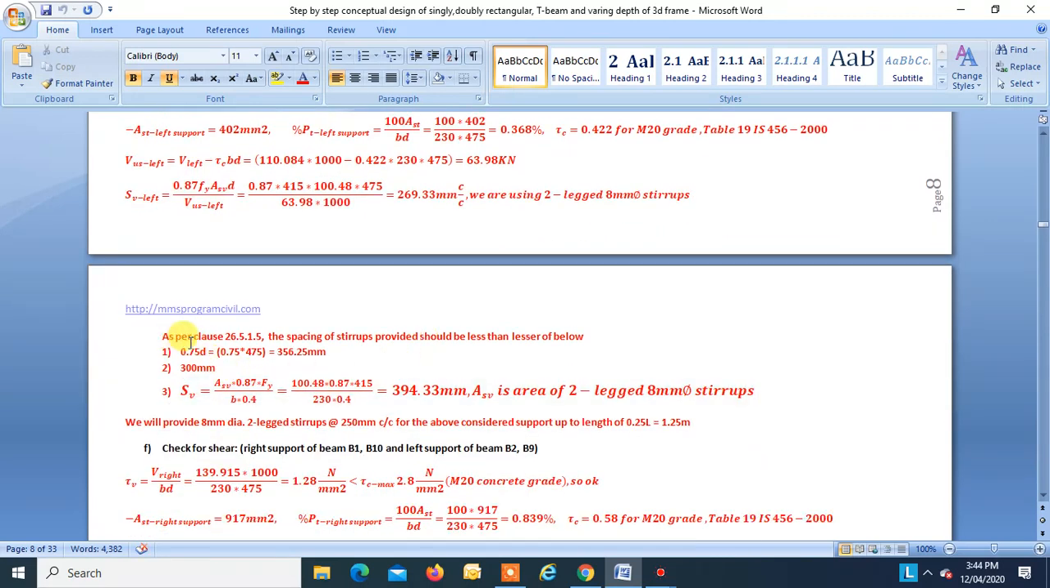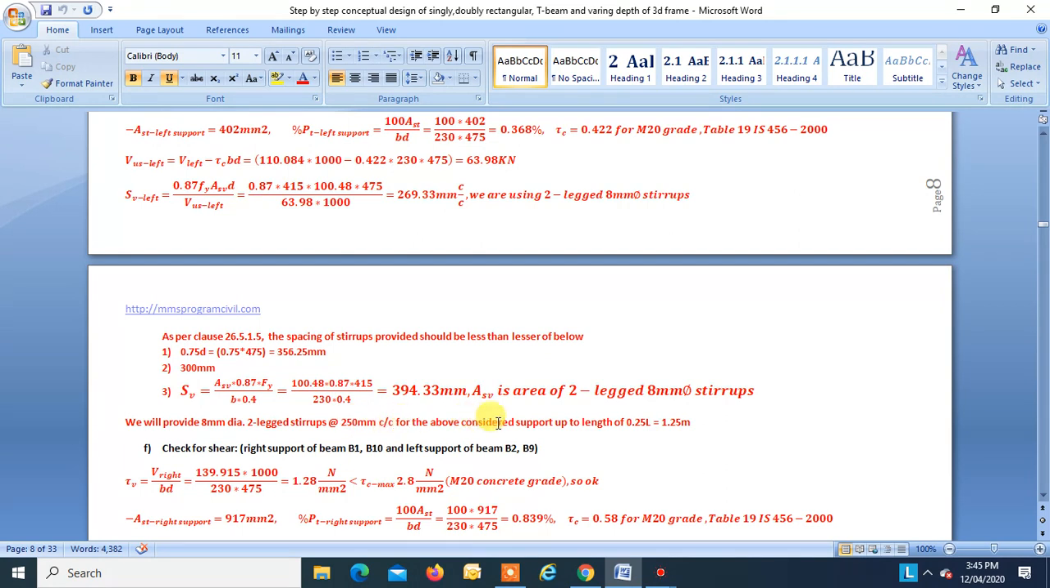Now, according to clause 26.5.1.5, the spacing of stirrups should be less than the lesser of the below. These are the three conditions. One is 0.75 d, that is 365.25, another is 300, and Sv is equal to this, that is 394.33. Our spacing is found to be less than all the three, so we will provide 2-legged stirrups about 250 mm center